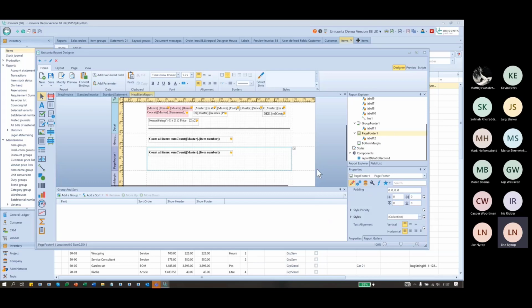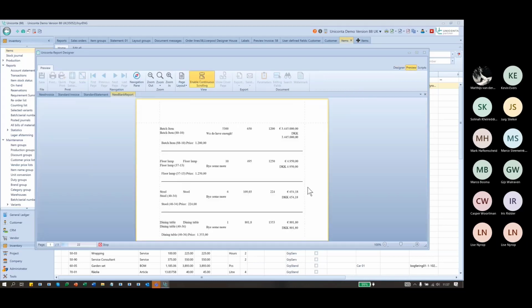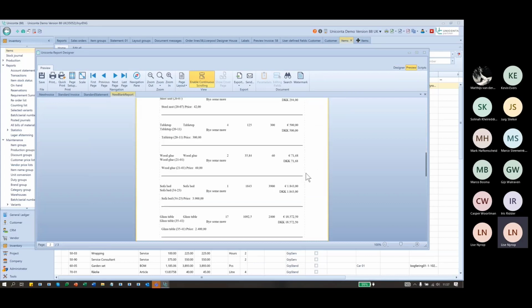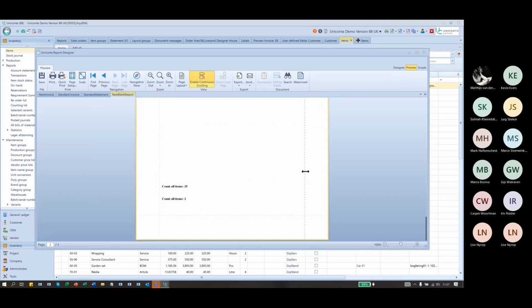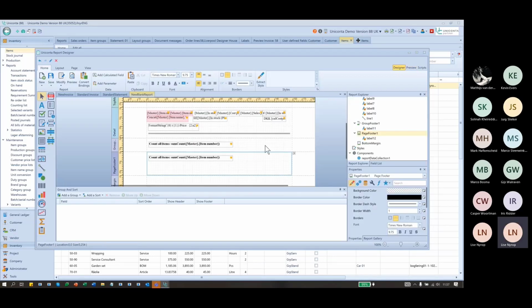It should be printed before this one, but I don't know why it's like this, but the calculation is working. It's a bit funny that it prints before the page. I'll look into that. Then we have,